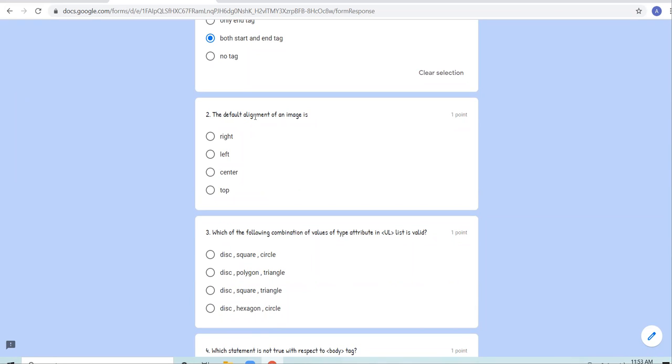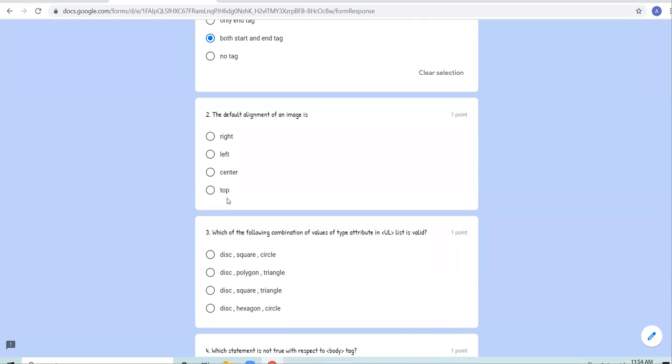The default alignment of an image is: right, left, center, top. बेटा जब भी हम align attribute की बात image tag में करते हैं ना, there are total 5 values. Left and right values are with respect to image.